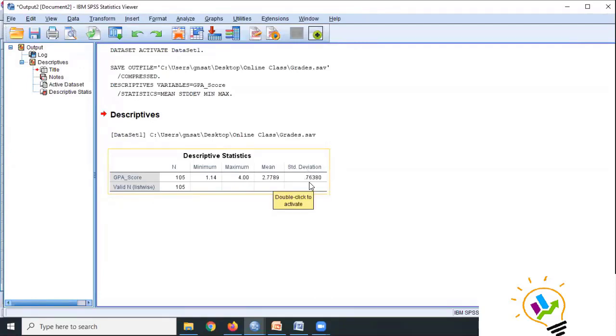Now, standard deviation actually shows how much dispersion, how much variance we have. Generally, when we do analysis, we see that the standard deviation must always be less than 1. If the standard deviation goes more than 1, then we say the data is not normally distributed. This is the first indication which we understand whether data is normally distributed or not. If you want to explore more and see the skewness and kurtosis, we can do that also.